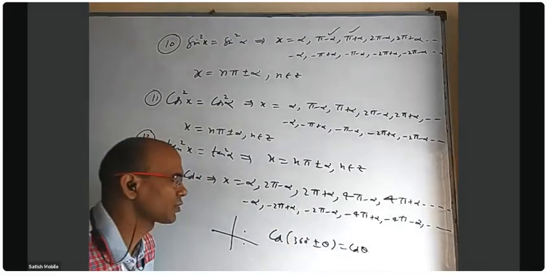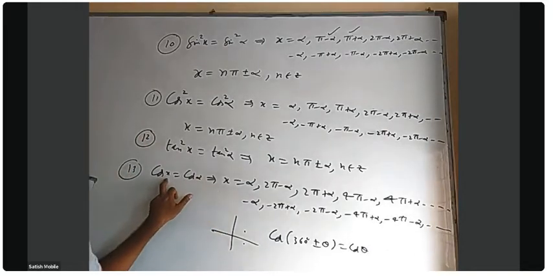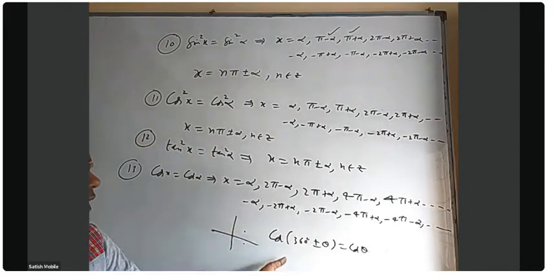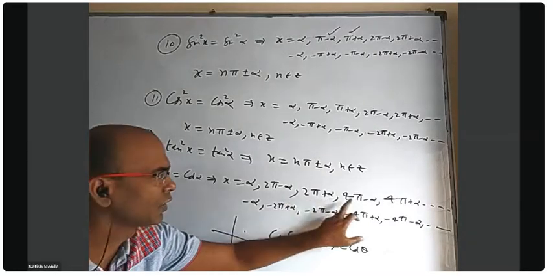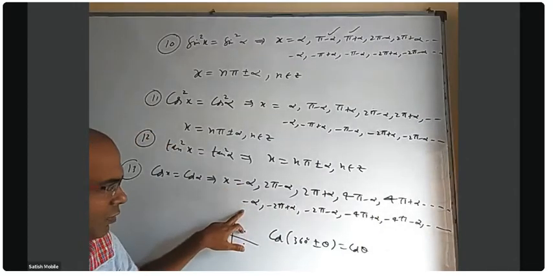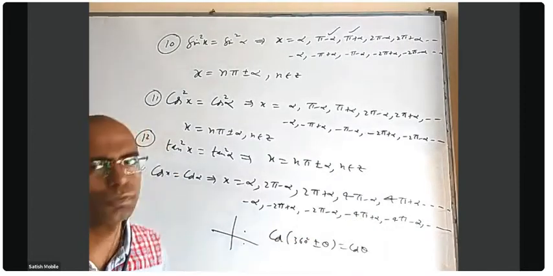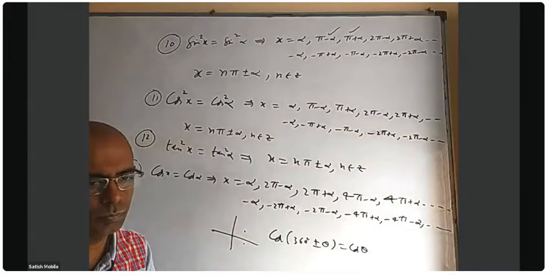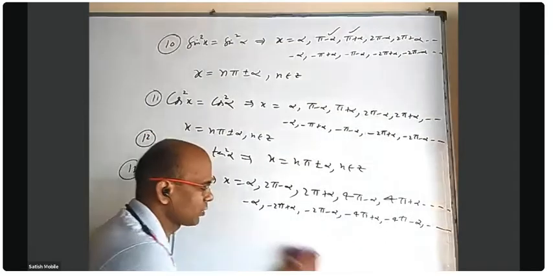Okay. So based on this formula, it can be any multiple of 360 plus alpha or minus alpha. You can see these two will cover 360 plus or minus alpha. These two will cover 720 plus or minus alpha. This will cover 0 plus or minus alpha. This will cover minus 360 plus or minus alpha, minus 720. You can have any multiple of 360, either a positive integer multiple or a negative integer multiple also.